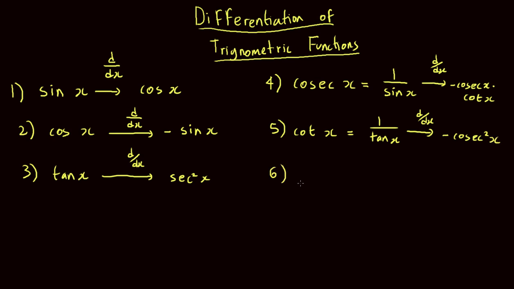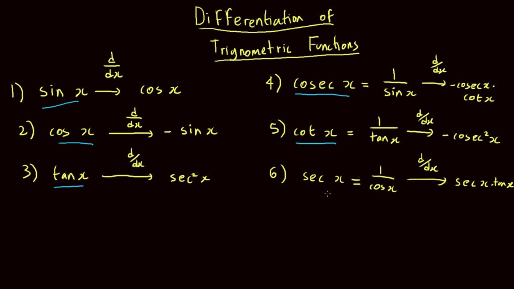And of course the last of the reciprocals we have is sec x, which is 1 over cosine of x, and if we find the derivative of it, it's quite simply sec x times tangent of x, okay? So this is basically the 6 trigonometric functions where we find the derivatives. Obviously the basic 3, sine x, cosine x, and tangent x, along with the reciprocals, cosec x, cotangent x, and